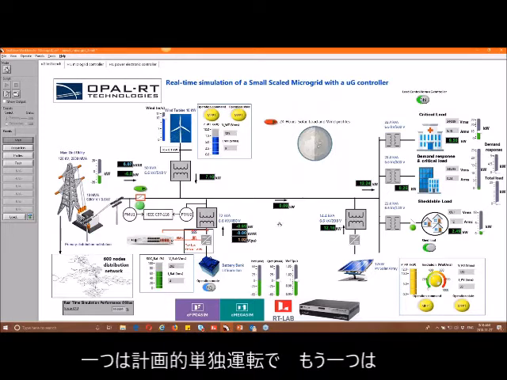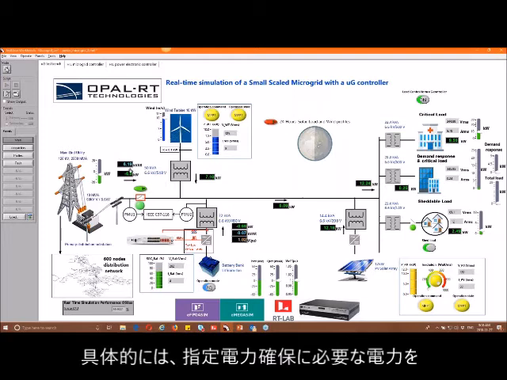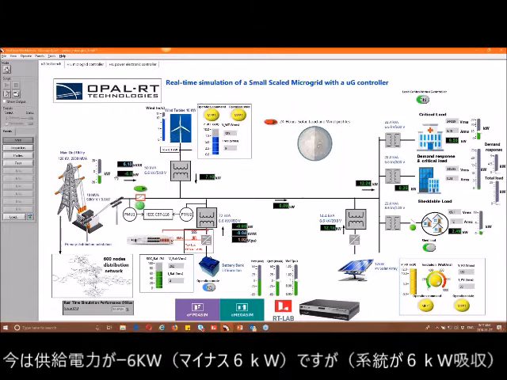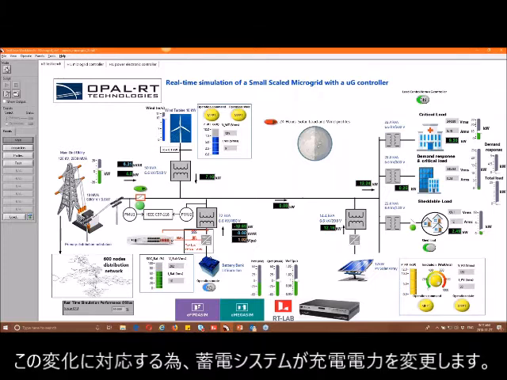One is planned islanding, and the other one is energy or power dispatch, ensuring a reference power that is either injected or absorbed from the main grid. So right now we are at -6 kilowatts, absorbing, not injecting power. We can increase this reference to maybe 4 kilowatts, and we can see the battery energy storage system dispatch changed